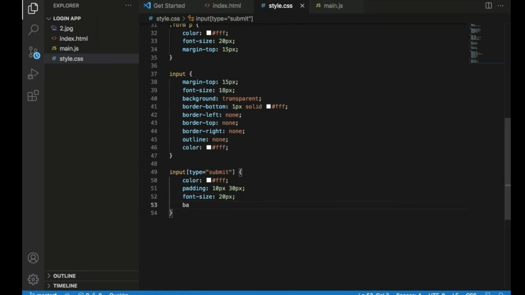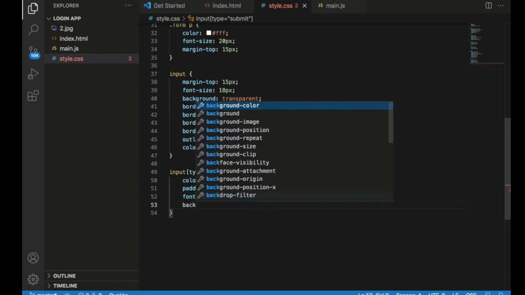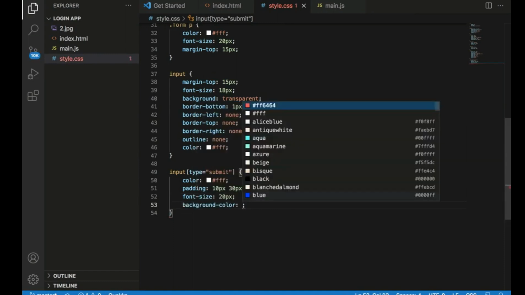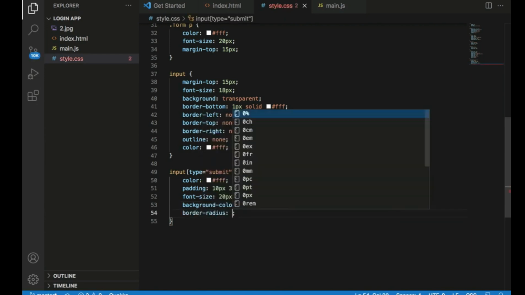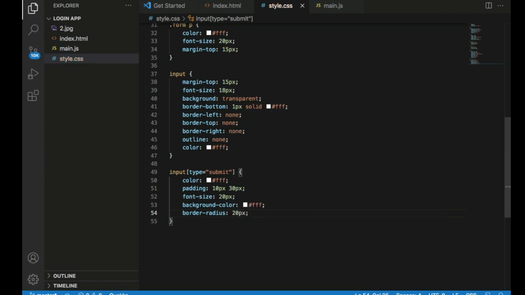We have a background color will be white, and then we have a border radius. Border radius will be something like 10 pixels,